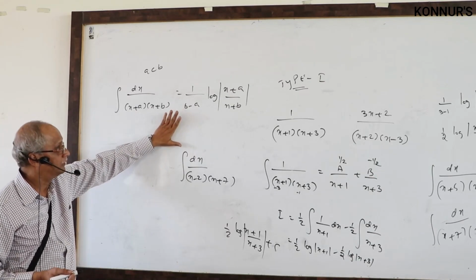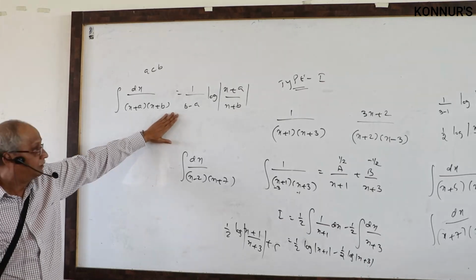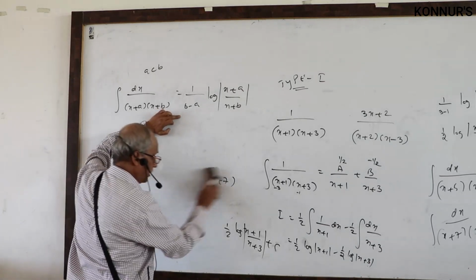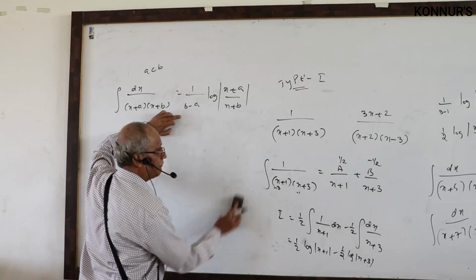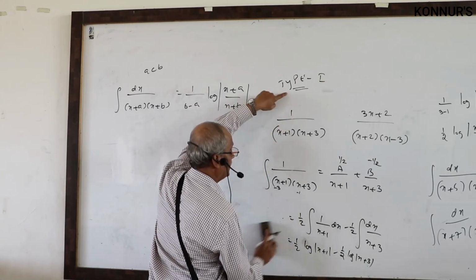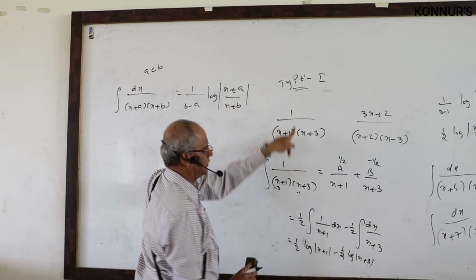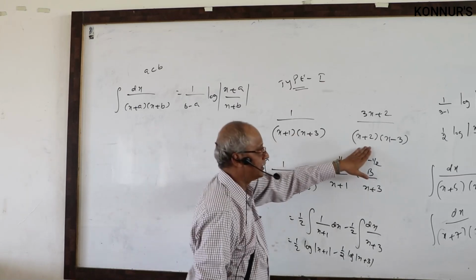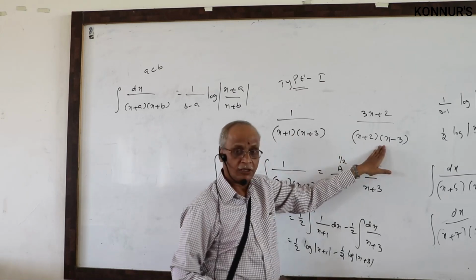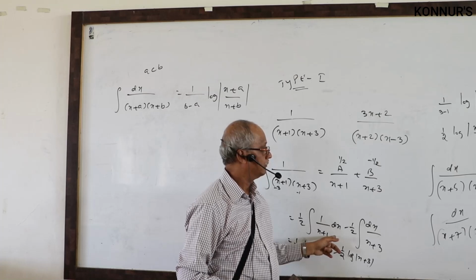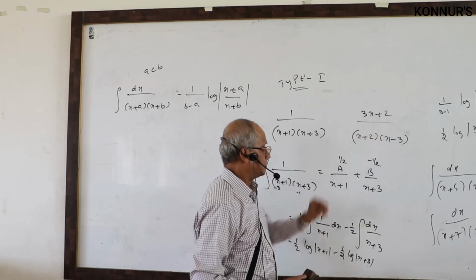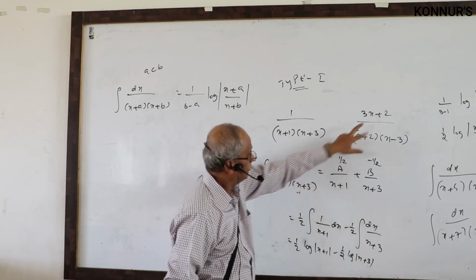Very very effective. Every year they are repeating. Even in NDA also this model is possible. That is why type 1 they are giving maximum. What is the meaning of type 1? That the denominator contains linear factors. Even with this method you will get A, B values directly. Here also you have to substitute. I will show you one method with this function.